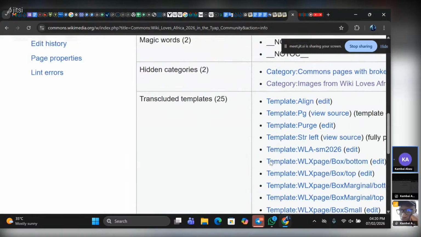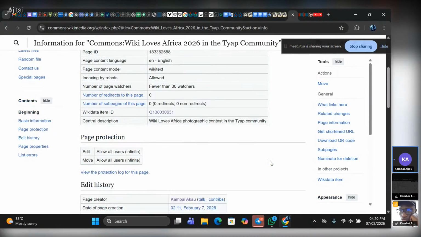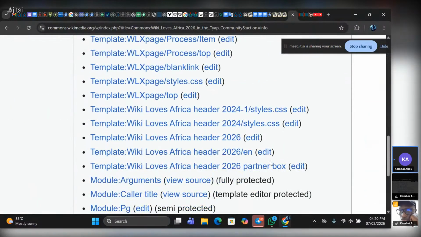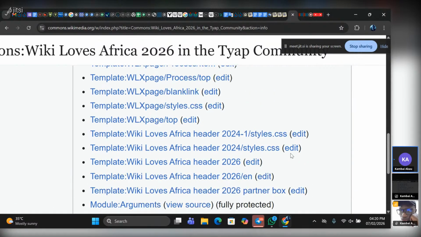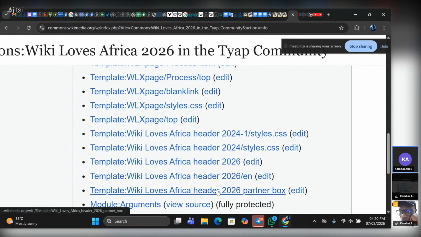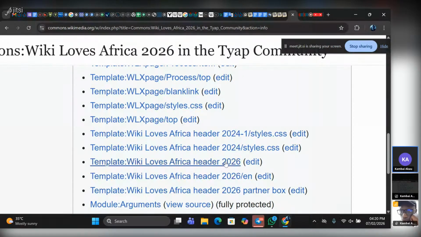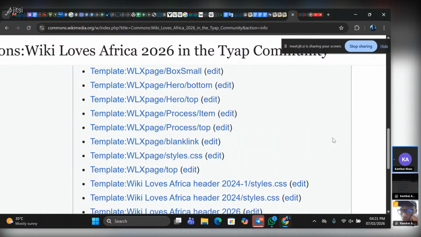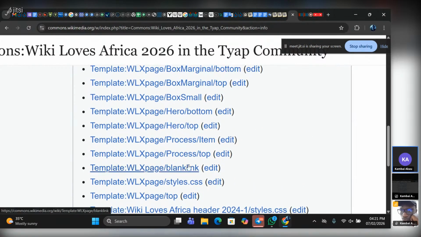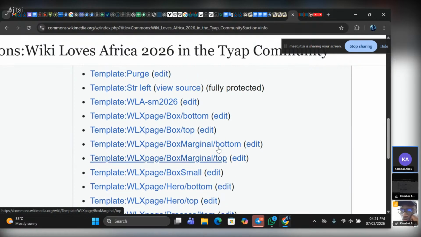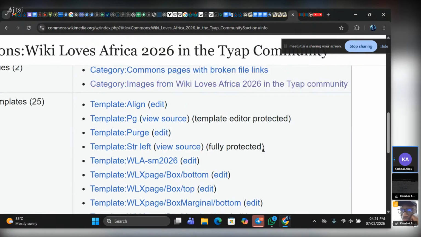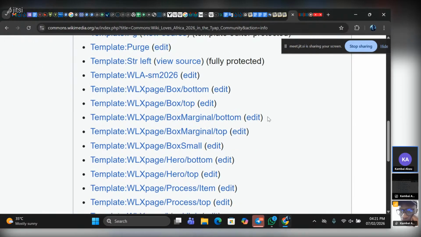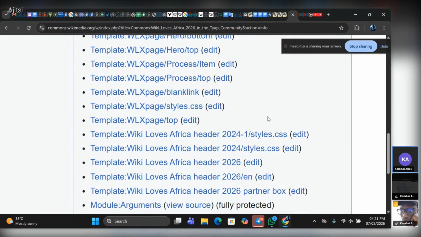By the time you open the page information, basic information, you can go down here. Then you see all the templates that were used on this very page. So you can see the template for the header, the template for the partner box, the template for the style, and then the template for the category, where the category could be found. Let's see if we can get that template header,